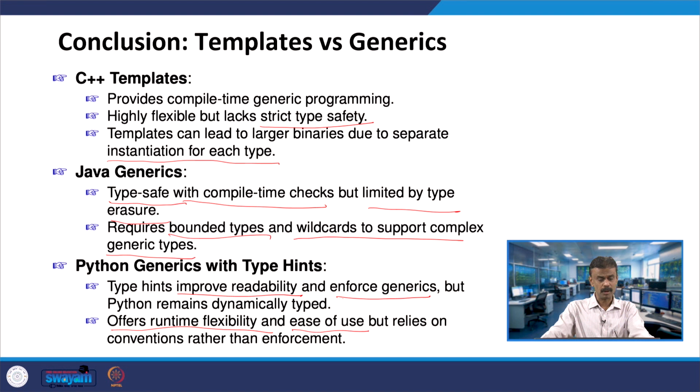So, this is all about templates and generics. In this chapter, I introduced Python as well. We have extensively studied C++ and Java, and we had seen several examples with the help of C++ and Java. Now from this chapter, you try to write simple code, up to, let us say, loops, and see how to write it; it is almost the same, but only the syntax will change for classes and objects. Once you are familiar, you start trying to use the concept of generics in Python. With this I am concluding this chapter. Thank you all.